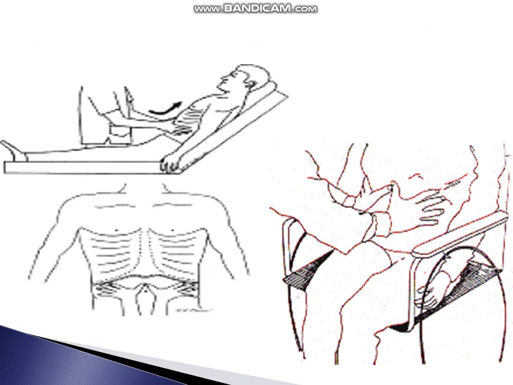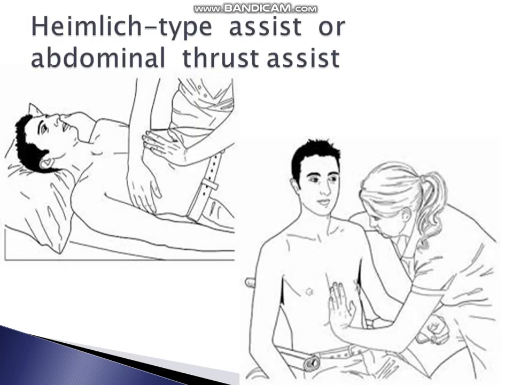So this is how costophrenic assist occurs. Then we would be moving on to the next technique, which is Heimlich type assist. In this technique, you have to teach the phases of coughing to the patient, and the therapist places the heel of his or her hand above the level of the patient's navel. You can see in the picture, and after appropriate positioning, the patient is instructed to take a deep breath